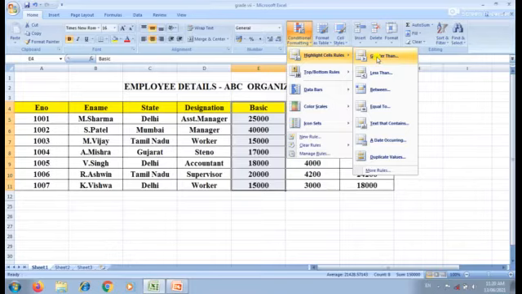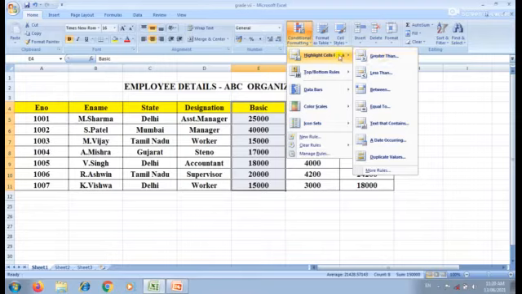So don't forget, student, first click on the column to which you are going to apply the conditional formatting. Second step, click on home tab, and in that you have to choose the conditional formatting which is in the styles group.